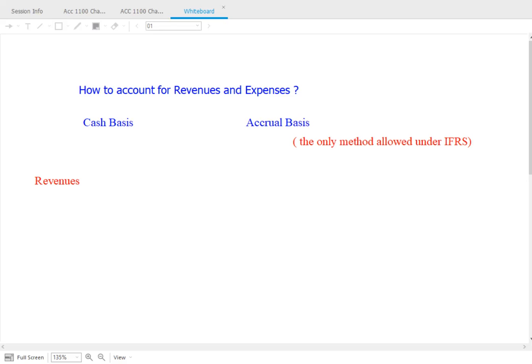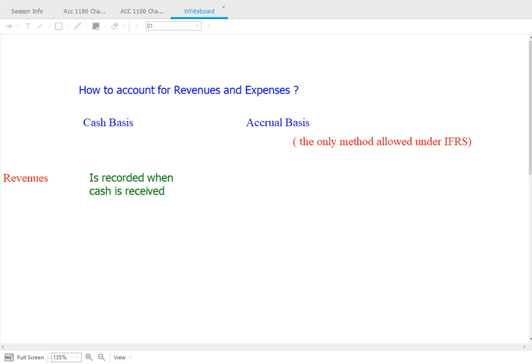How is the revenue measured under the cash basis? If the company is following the cash basis, revenue is recorded, let me use a different color, when cash is received. So under this base, the company will record revenue when they receive cash. The accrual base, on the other hand, says that revenue is recorded